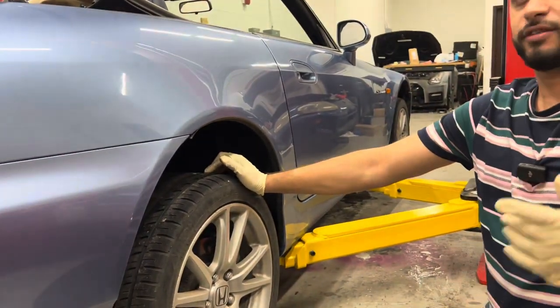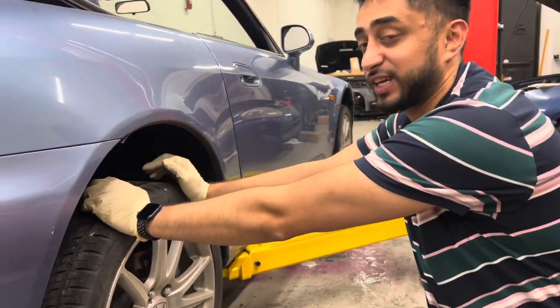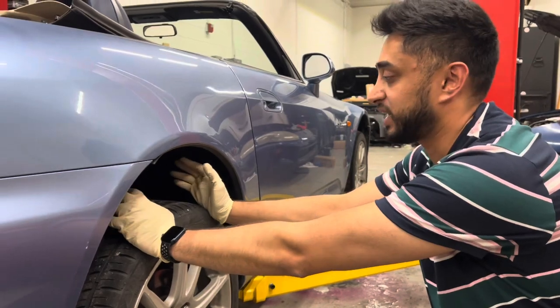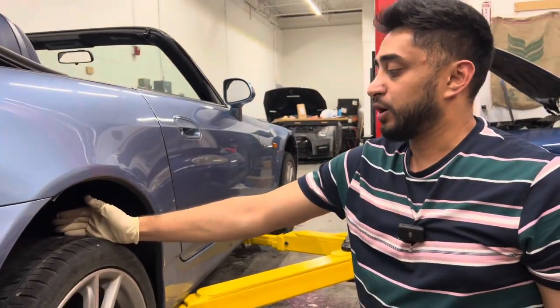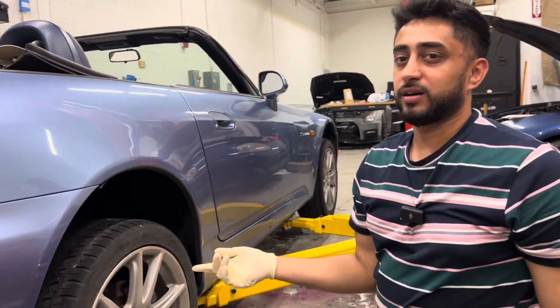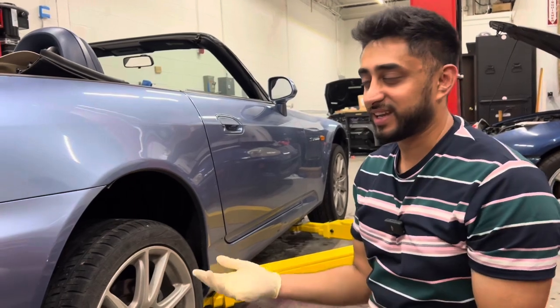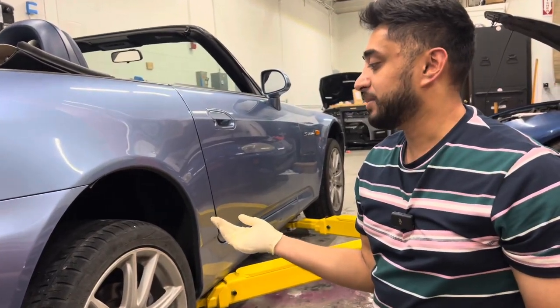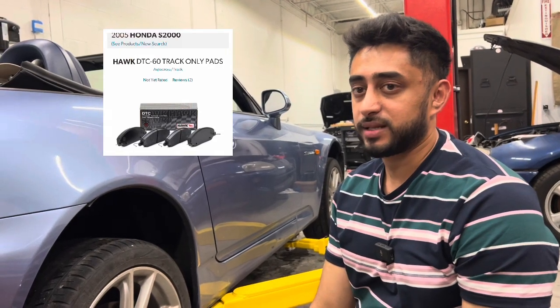But I got the Falcon Zenith tires off Tire Rack. They actually came within 2 days because I made this plan 2 days ago on Tuesday to get the car ready on Sunday. I ordered some rotors off Amazon. I forgot what brand it was. I got the rotors off of Amazon, but I did get the Hawk, I think the DTS 60 track pads